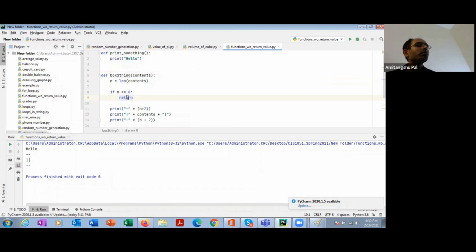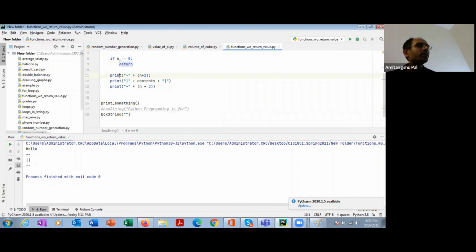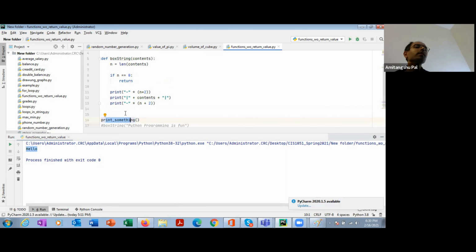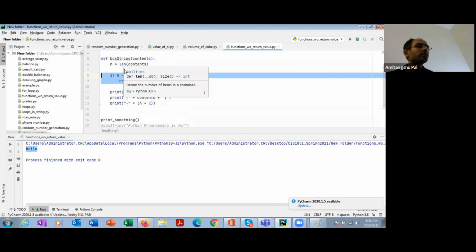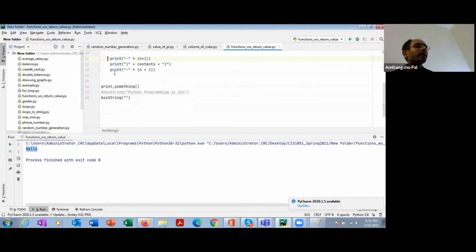So if n equal to 0, don't do anything, just return from the function. In that case, if you run it, you will simply print something, and then do nothing. So optionally you can do this statement. It means if there is nothing in the string, it is not going to do anything. It is simply going to return. If you pass a valid string, then only it will print a box around the string.